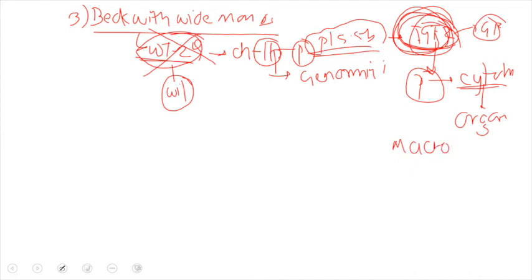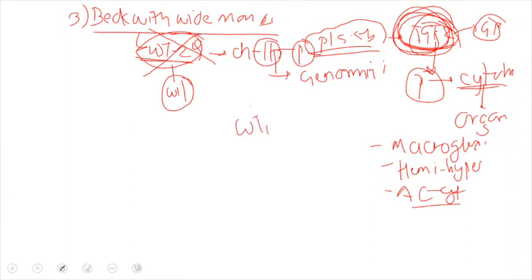That can involve the tongue, resulting in macroglossia. Not just that, there can be involvement of half of the body, and that half of the body will hypertrophy, which is known as hemihypertrophy. It can also result in adrenal cortex cytomegaly. So I've discussed all the three familial syndromes, and in all of them there has been a specific mutation. In the first two, there was a mutation in the WT1 gene, and the pattern of the loss of function mutation was different. And in the third case, Beckwith-Wiedemann syndrome, there is a defect in the WT2 gene.